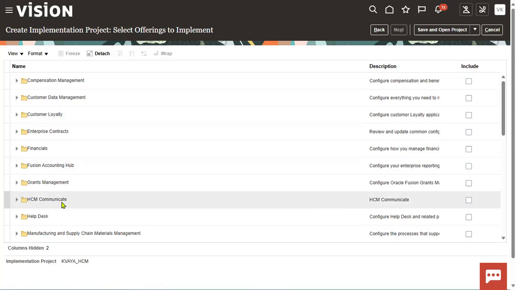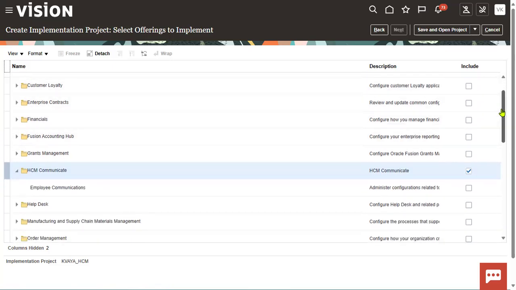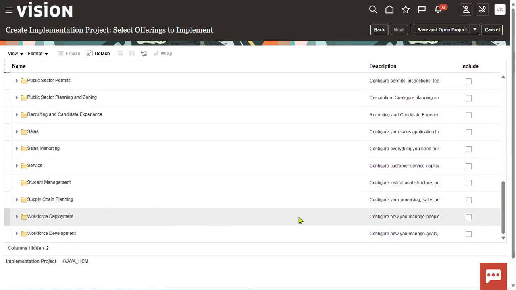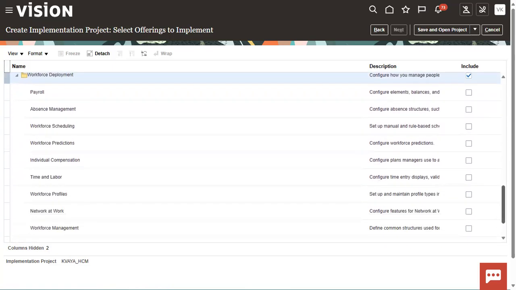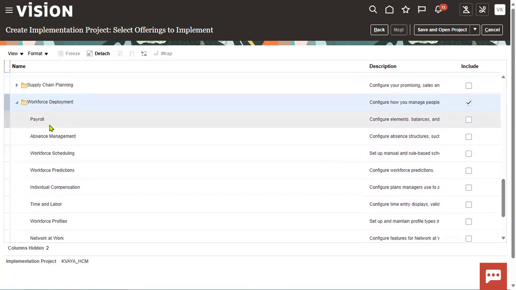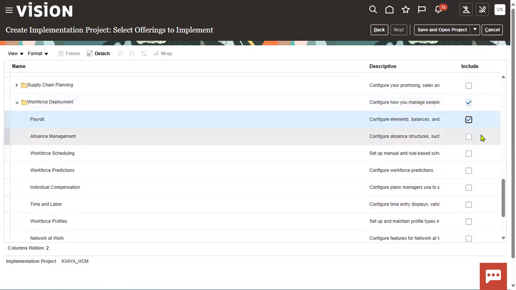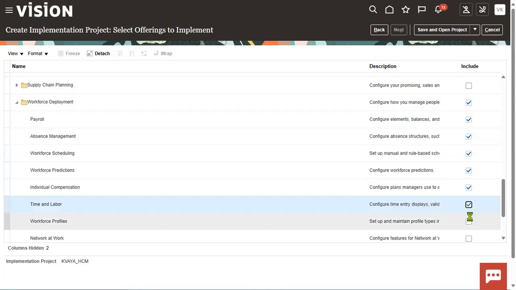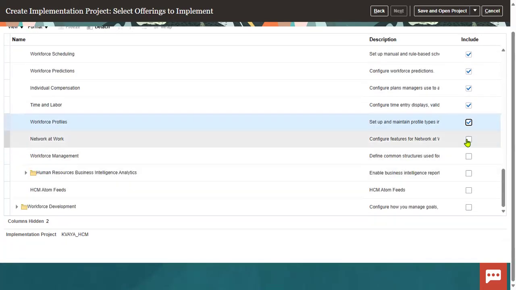You see HCM Communicate, I'll enable it. Here you just need to enable the checkbox. And let's say I'm going to enable workforce development. Basic workforce development is already included. But if your client is also going to implement payroll, then you have to enable it. Like this way, absence management. So all of this, whatever your client is going to configure and implement, whatever the scope of your project is, you have to